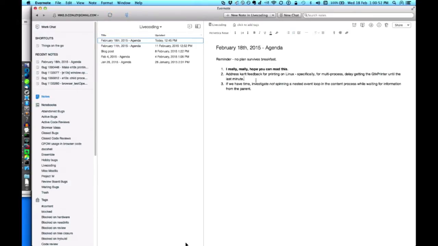What I'm going to be working on today is printing. Again, we worked on that last week, but this is a slightly different angle on it. I want to get printing support for Linux working with E10S, and I had a version of it working. I had posted it up.